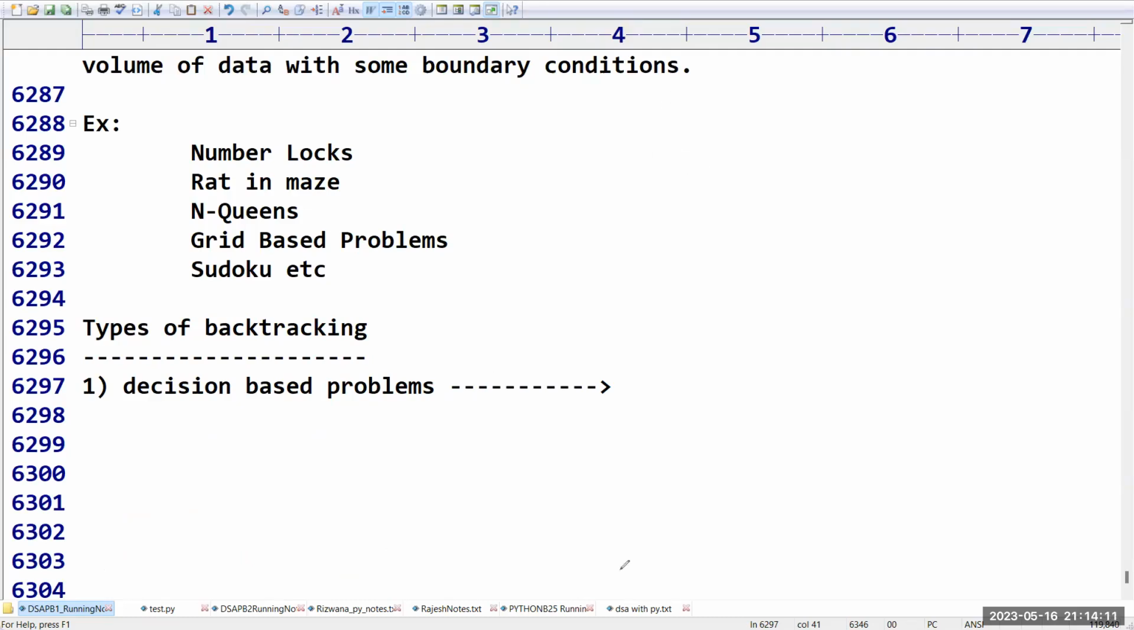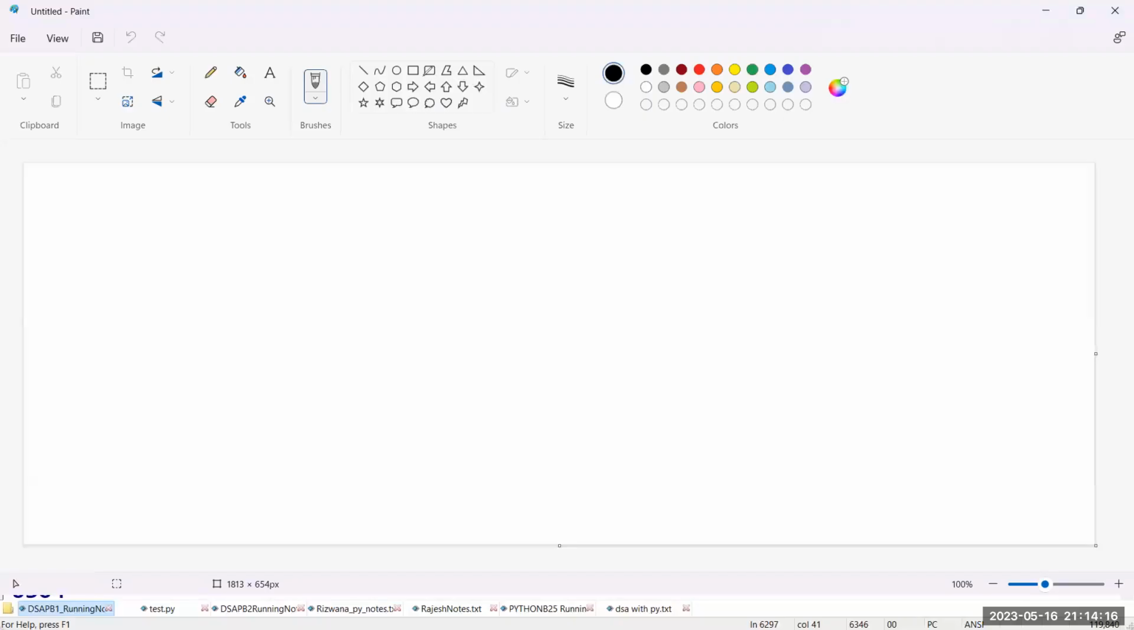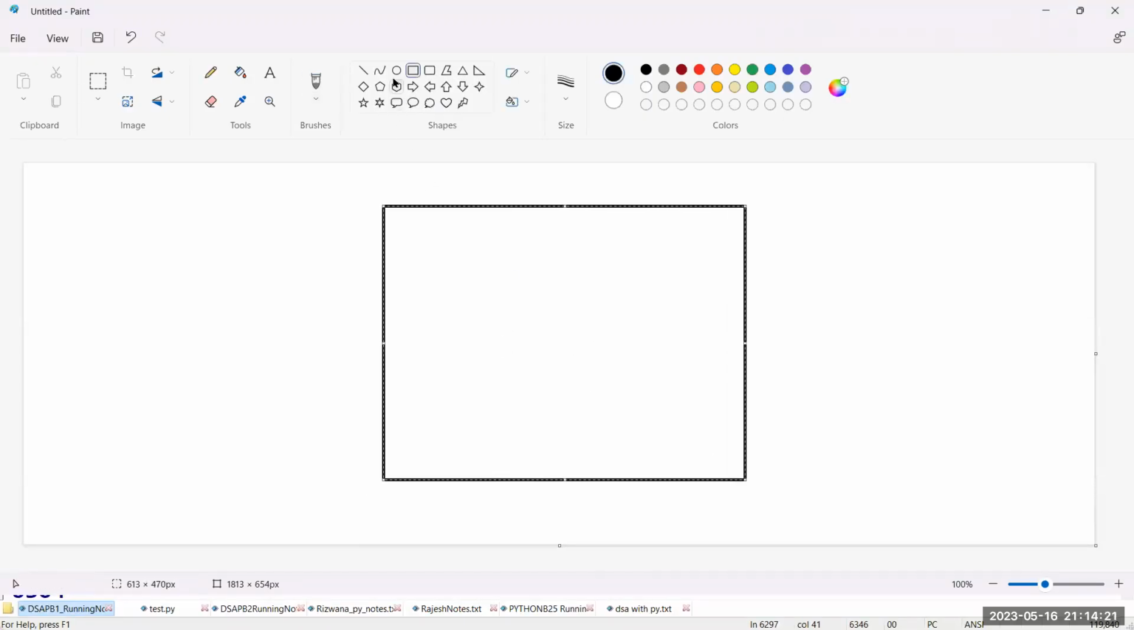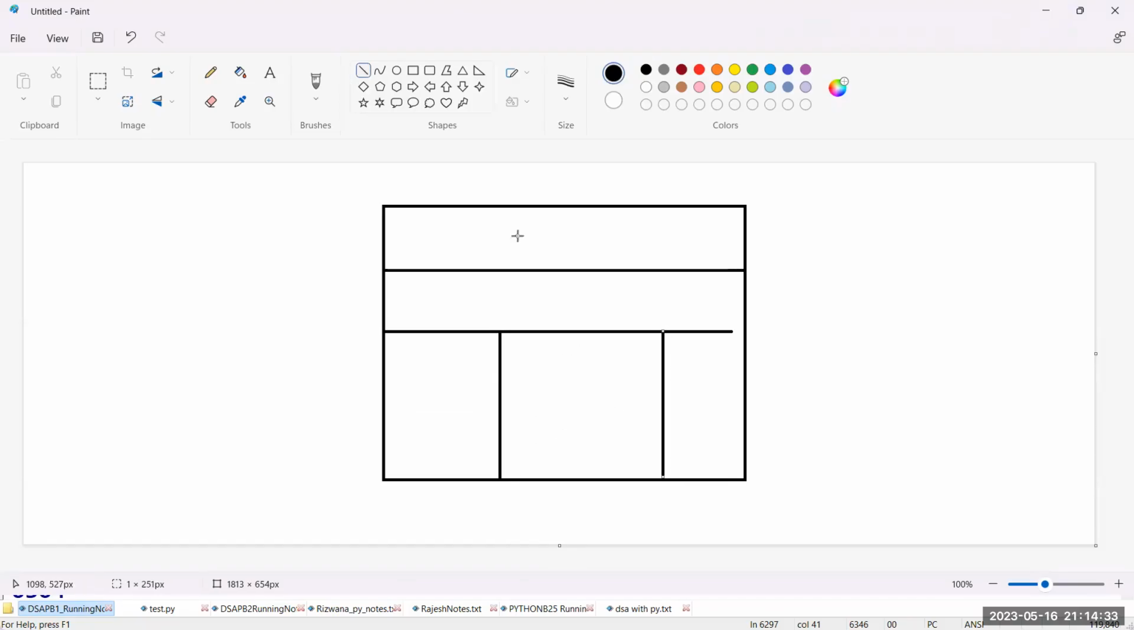Assume this is nothing but a grid. Just for example, I am telling, this is nothing but a grid like this we have. And in this grid some open place is there, and here some open place is there. Assume, so here what I'm going to do is,